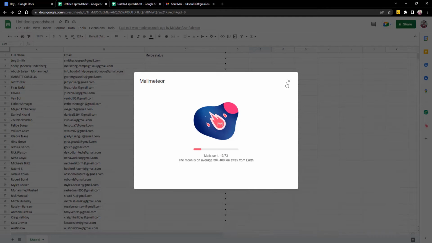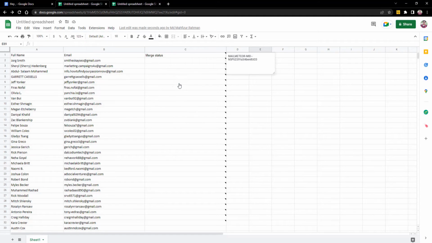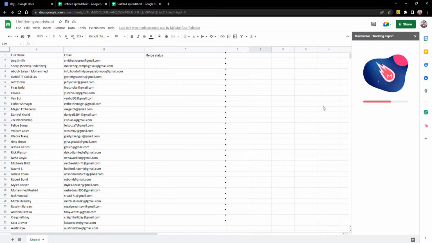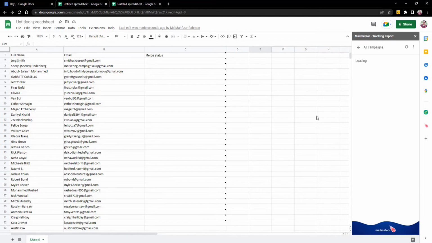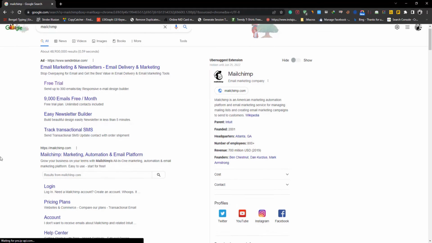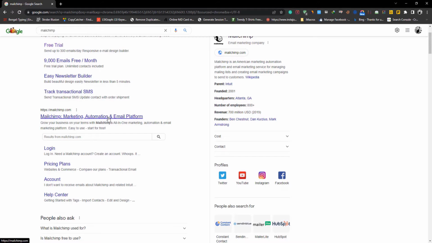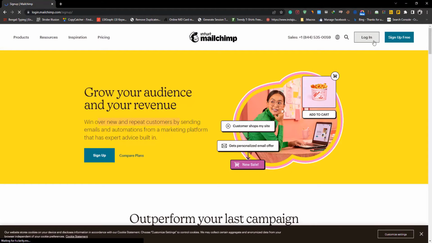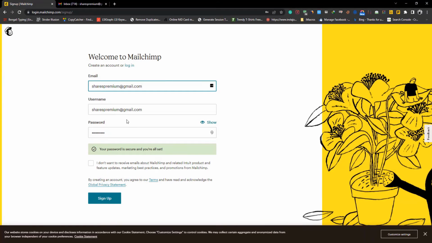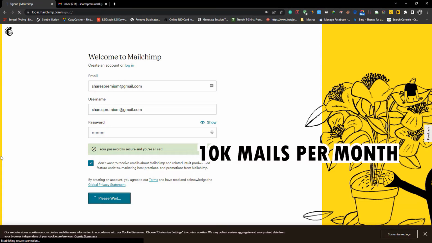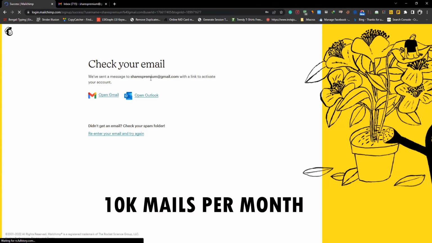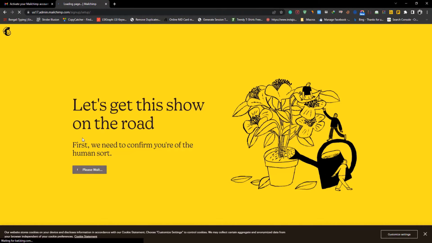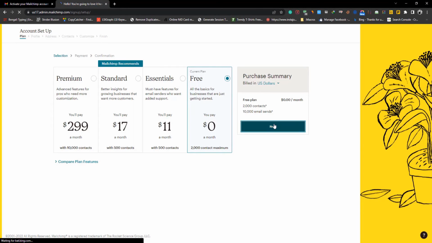There's another method I want to show you right now. Most email marketers do it this way, where they can send emails with automation. What they use is MailChimp. So you can just simply go over to MailChimp, and after you come over here, you can join for free, and in a free account you can send up to 2000 emails per month. Okay, in the free plan you can get this. So after you join here, you can see that you can send up to